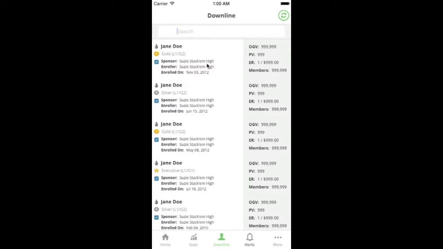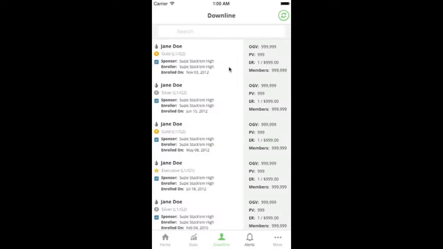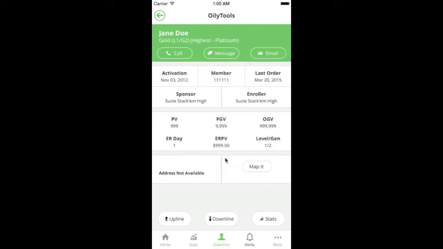We're going to hop in and go to a member detail page because I think this page is really useful. This list view that you get in the downline and the member detail page that you see, we use this in a lot of places in the application intentionally so that you get kind of this common view of people in your organization, and the navigation is the same no matter what you're looking at. If you're looking at a downline view or you're looking at a report result, it's the same type of view